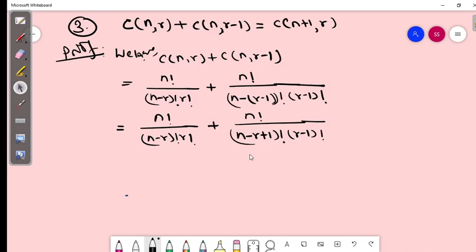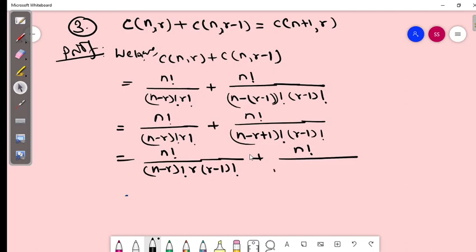Then the next step, dear students, we have to take common. Yes, r minus 1 is this. So r means what? Again, one more step. n factorial by n minus r factorial times r factorial means r times r minus 1 factorial, plus n factorial over